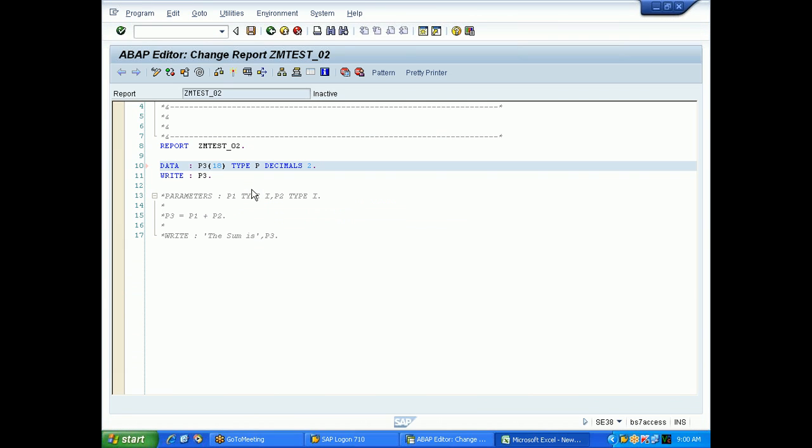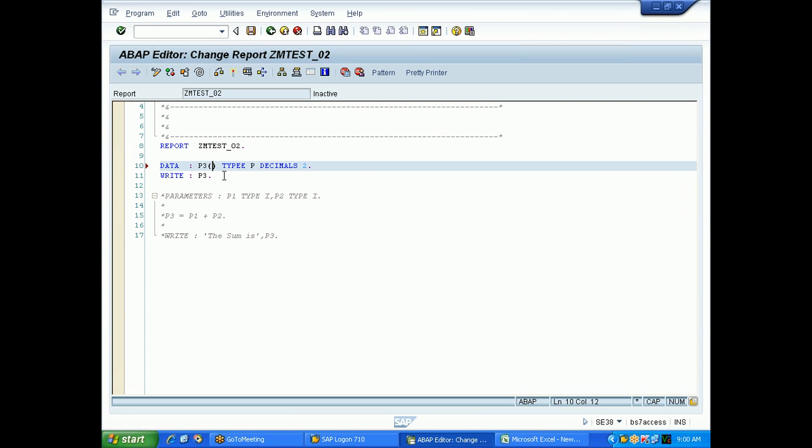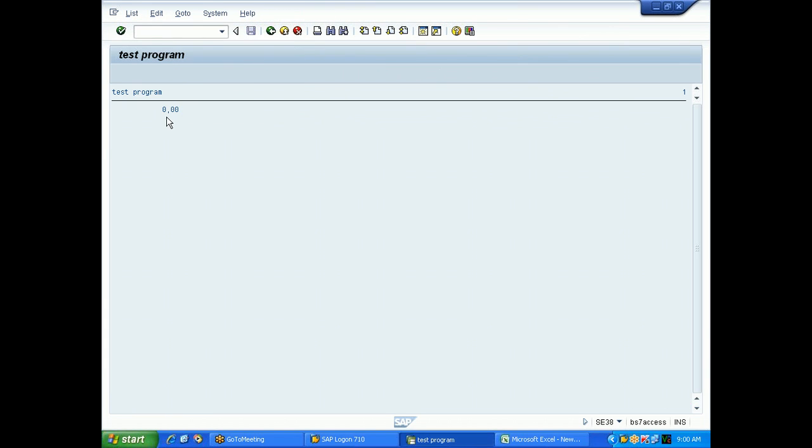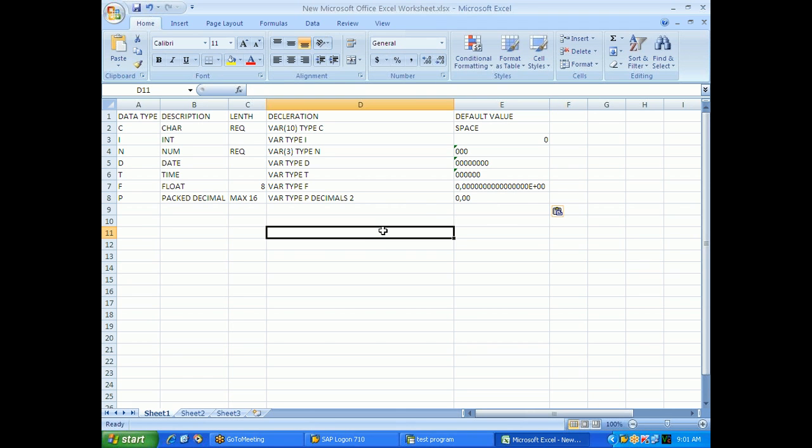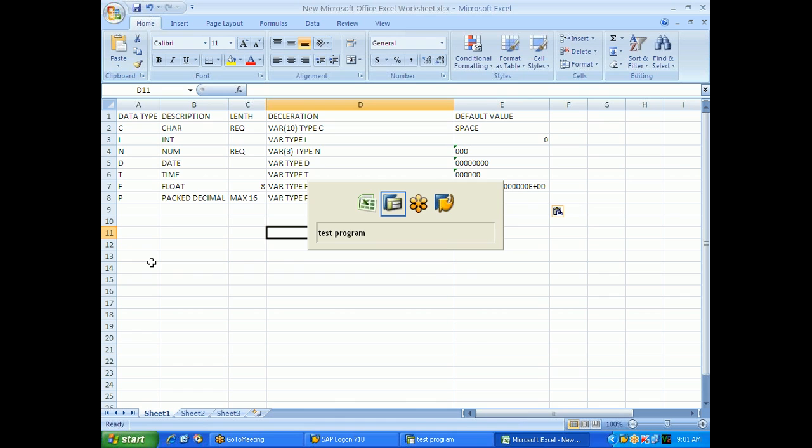Then what is your output? Your output should look like this. This is your output. Default output is this one. Then the next one,